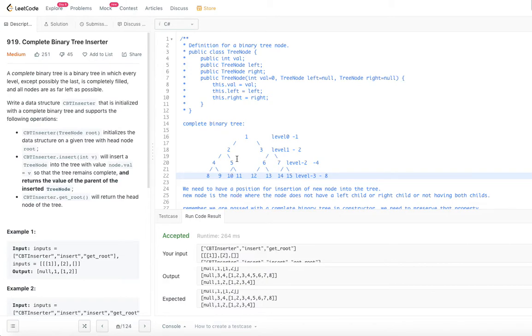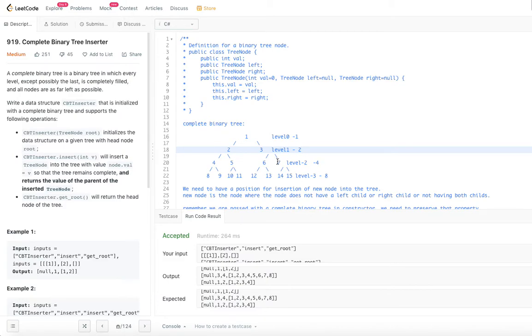So now that we know what a complete binary tree is, just to recap, all the levels except the last level should be completely filled. That means each level has some number of nodes, right? Zeroth level has 1 node, first level has 2 nodes, next level has 4, next has 8, next has 16, and so on.